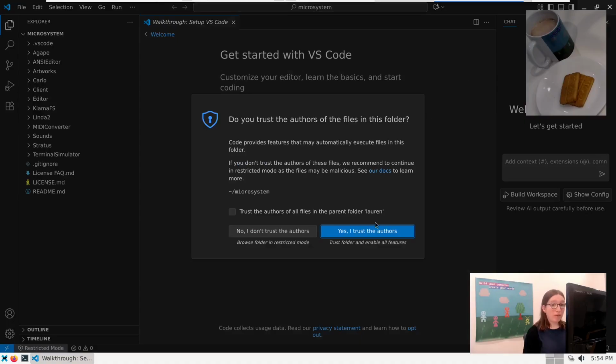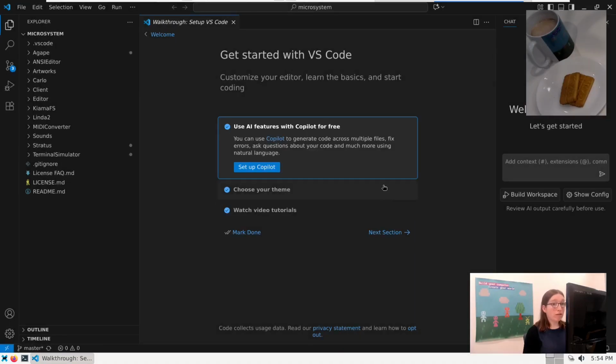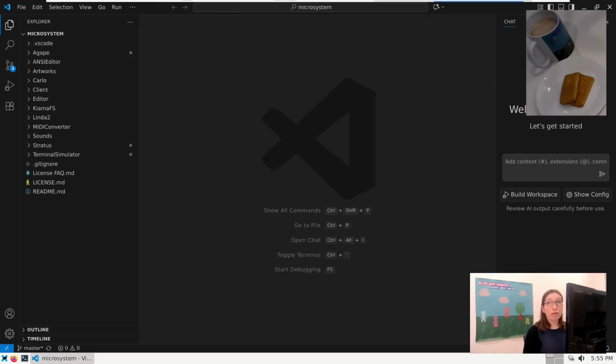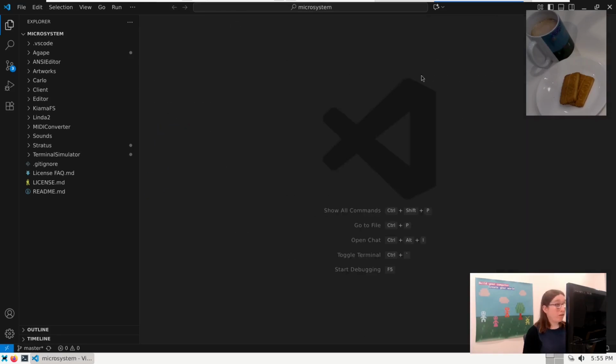Right, so that's opened. We're going to say yes, we trust the authors of this code. We're going to get rid of, let's close all of this setup stuff. Don't want to use Copilot at the moment. All right, and here's our files. Now, as for the bug,